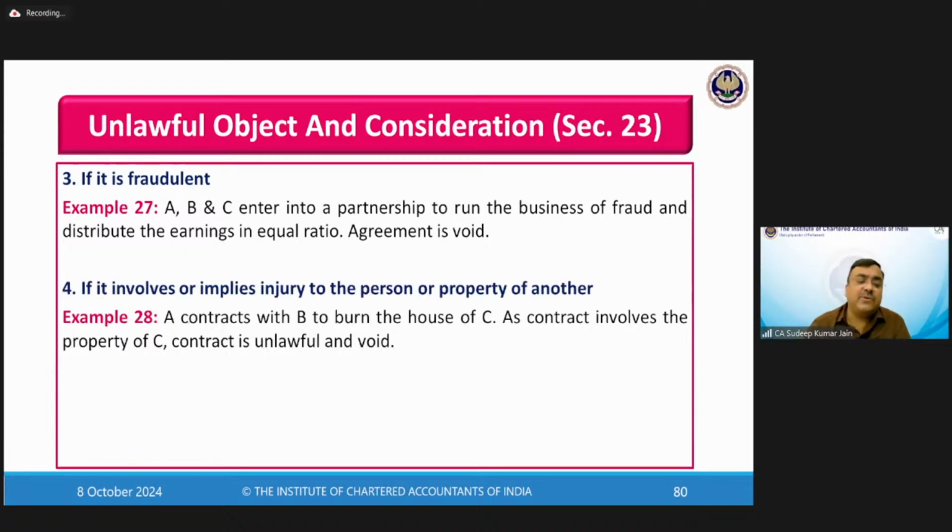See example number 27. A, B and C enter into a partnership to run the business of fraud and distribute the earning in equal ratio. The agreement is void,